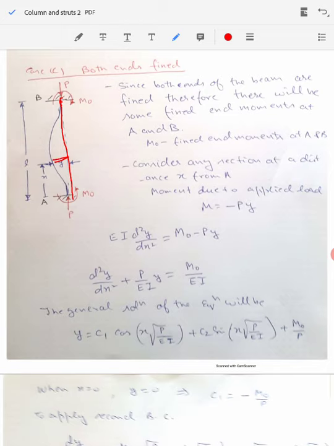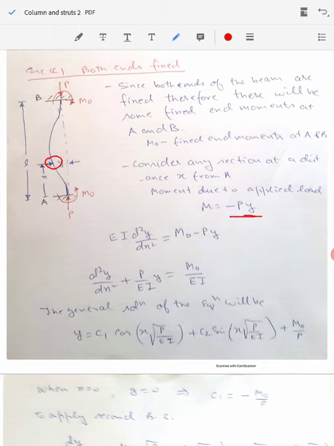So the value of the bending moment will be P into Y. Because of our sign convention, we say this is making a concave shape toward the central line, the initial straight line. So that's why we are taking it with a negative sign. So it is M equal to minus P into Y. So you see at this section, at this juncture, there is a moment acting because of the applied load,